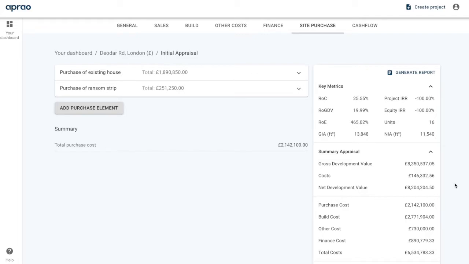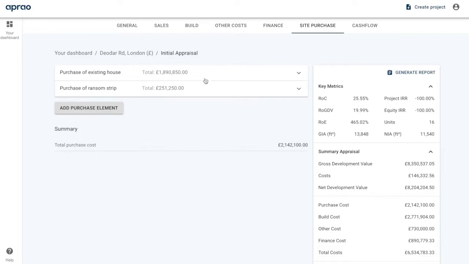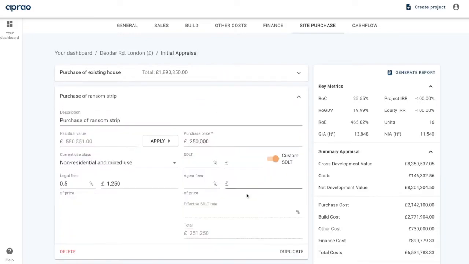The next thing I'm going to take a look at is the site purchase. What we can do here is add in as many purchase elements as we want, and we call them elements because it's not always properties which are being purchased. Here we've got the purchase of the existing house, which is being purchased for £1.7 million. We've also got the purchase of a ransom strip. This is a strip of land needed to unlock the full development potential of this site,